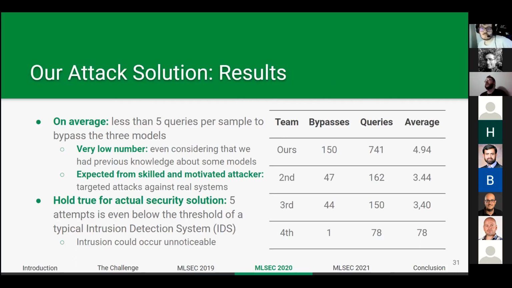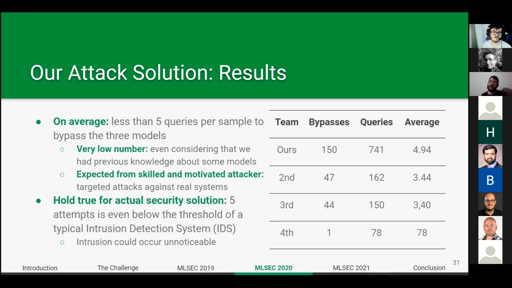All right, so this is the result. As I told you, we achieved the perfect score. But I think what's more interesting to talk about here is the average number of queries. As you can see here, we used fewer queries on average per sample to be able to bypass that sample. And I consider this very interesting because it will probably not raise alarms when used in a real world